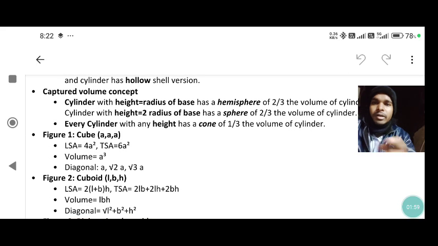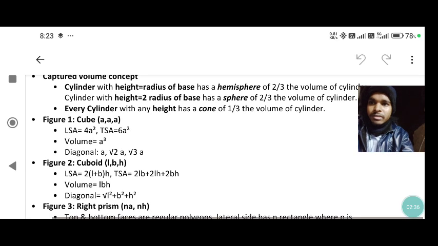The concept of captured volume. The volume captured within a cylinder. If the cylinder has height equal to radius r, then it captures a hemisphere with a volume of 2/3 the volume of the cylinder. And if the cylinder height is twice the radius, then it captures a complete sphere,